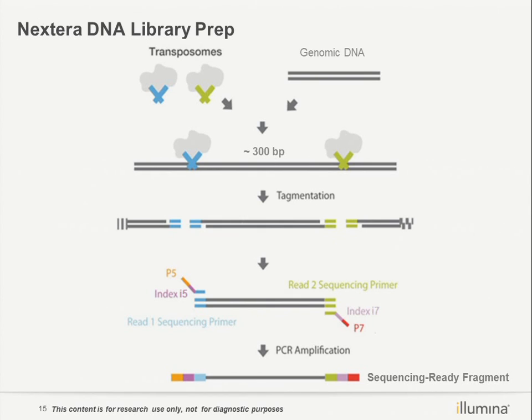Okay, so now let's move to the second method to prepare the DNA library. In this method, we don't use mechanical shearing to get the fragments. We use a special enzyme called transposon. This enzyme can simultaneously fragment the genomic DNA and add the tags at both of its two ends. So we call this process tagmentation. That means fragmentation together with adding tags. And then